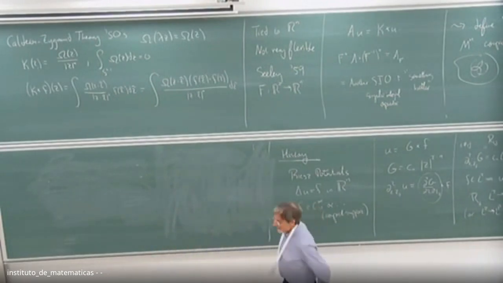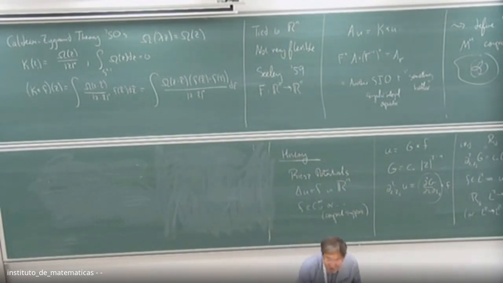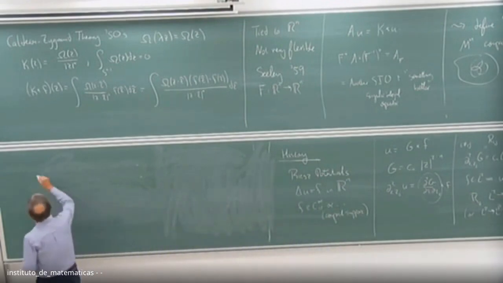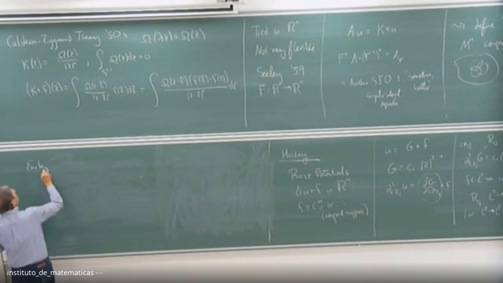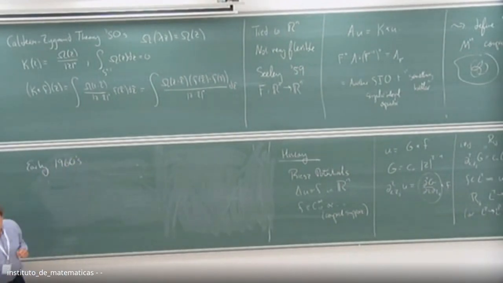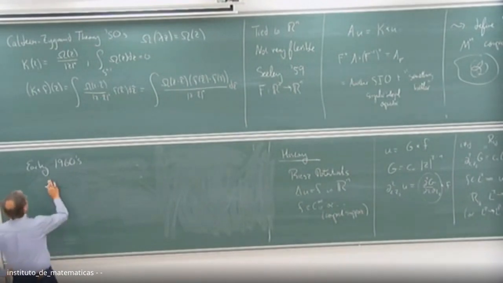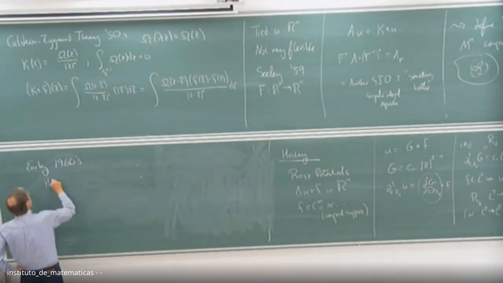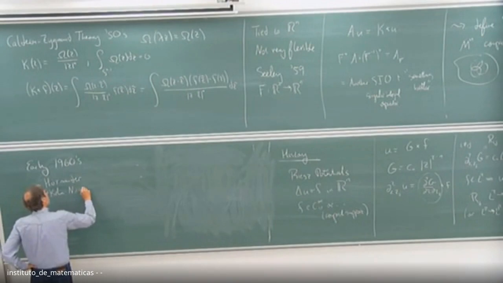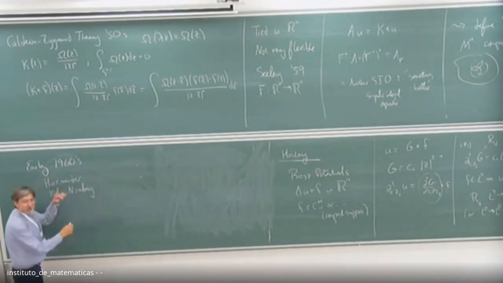Exercise. Okay, so what happened next? Well, people realized that this integral definition was complicated to work with. And so in the early 1960s there was a sequence of papers that were extraordinarily influential and carried this in a new direction, by Hörmander, Kohn and Nirenberg. There were several other papers, but maybe these were the early main contributors.